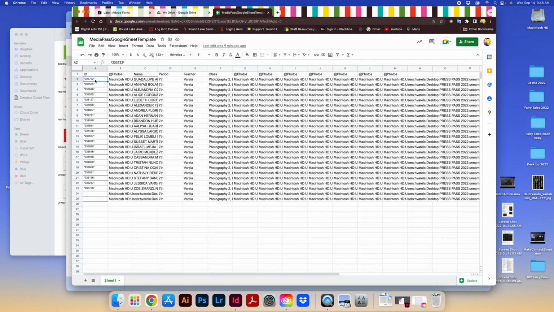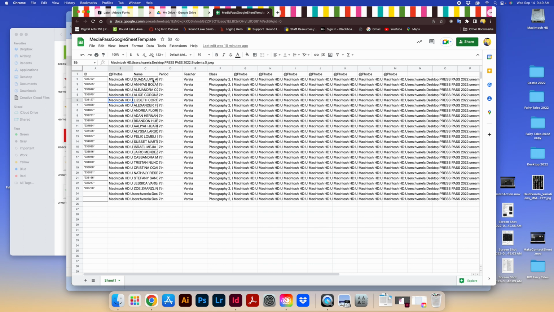So I'll go through the rest of it, but I'll make this a video on its own so that you don't have to watch that whole setup part. Okay. So let's say you're ready to make your PressPasses. In the first column, you're going to type in each of their ID numbers. Make sure that you leave the asterisk before and after each one so the barcode works. Okay. You can leave it student 1, student 2, student 3. You just have to, again, make sure that you type in your username so that it's directing to your user